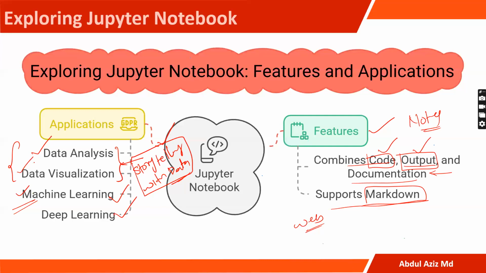For deep learning also, when we do image classification and all, when we execute the code, we get the output right below it easily. Instead of opening the terminal and executing and getting the output,